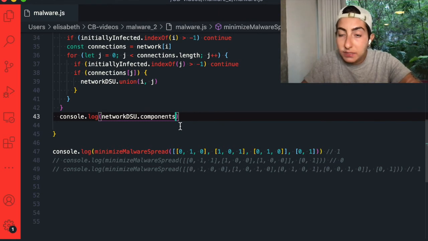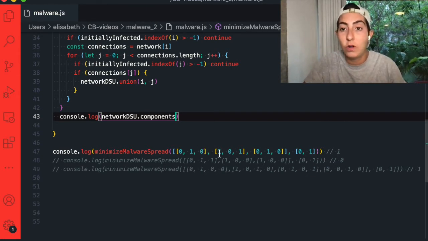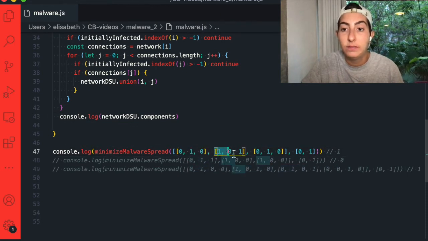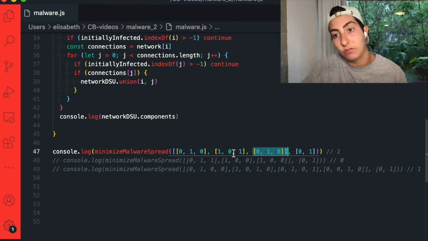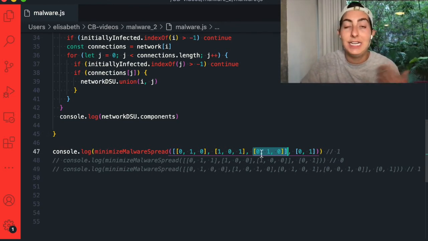So that is because our initially infected nodes are 0 and 1. And then this second node right here, 2, its only connection is to one of the already infected nodes, so it's -1. So I wanted to include that as an easier example,